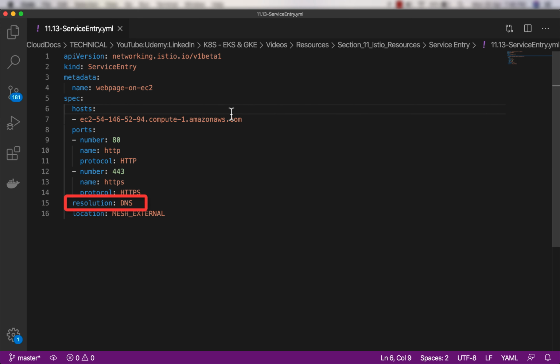And then the resolution is DNS because I'm mentioning a DNS name rather than an IP address. If I want, I can mention an IP address also using the address option, which I have shown you in the Istio documentation. And the location is mesh external because this service is outside of the Istio service mesh.